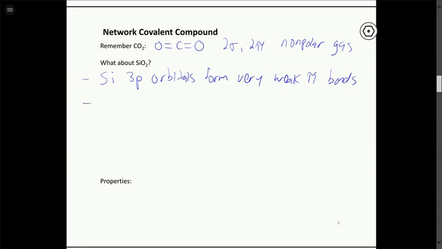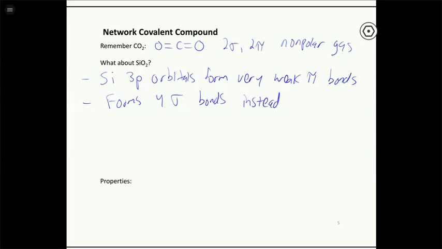So it's much more favorable. Remember that when compounds form, they want to form the combination that gives the strongest bonding. If the pi bonds are very weak for silicon, we're not going to form a structure like this that has silicon double bonded to 2 oxygens. Instead, what's better is if silicon forms 4 sigma bonds instead. So you get what's called a network covalent compound that has covalent bonding going on and on and on in all directions. So you start with a tetrahedral silicon with 4 sigma bonds to oxygen.